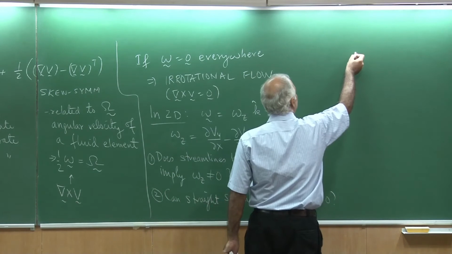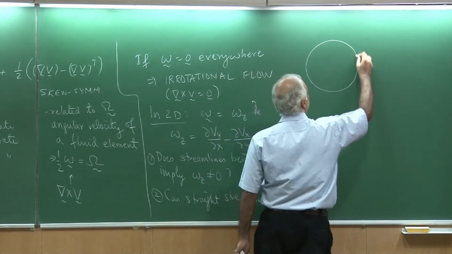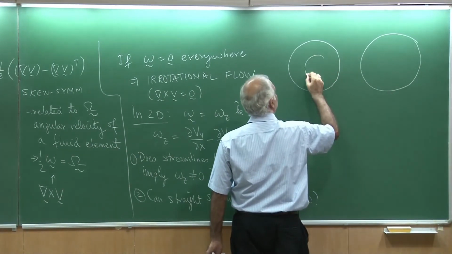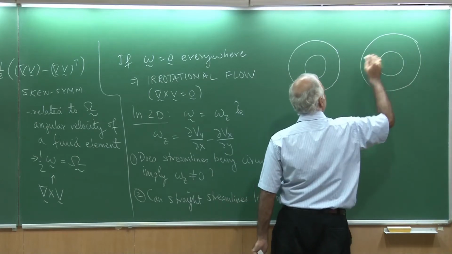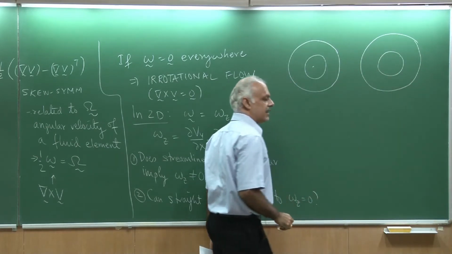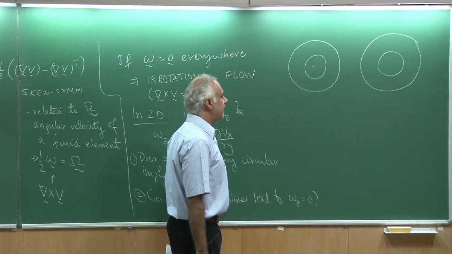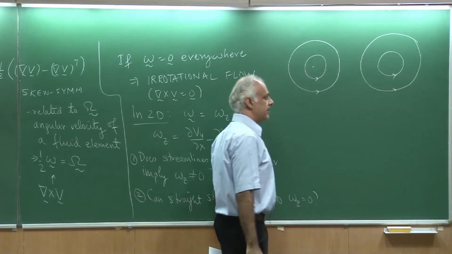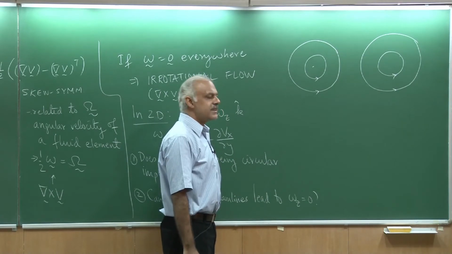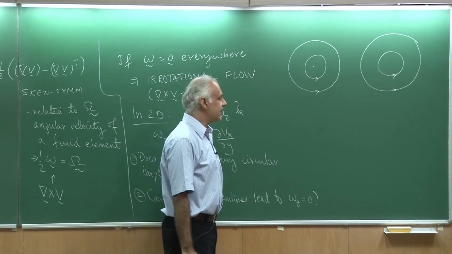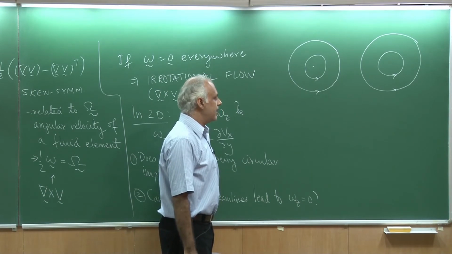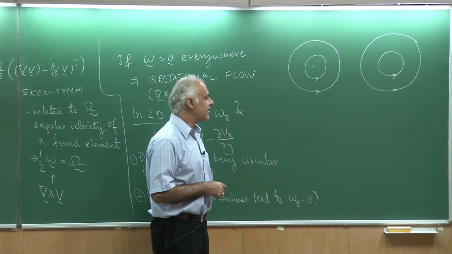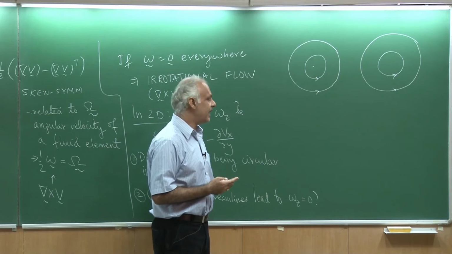So, I will draw two sets of streamlines. So, these are my streamlines, okay, kind of circular, and let us say this is the direction of the flow. For simplicity, let me talk about a steady flow. Okay, so, it does not change with time. Simply by drawing these streamlines, can I conclude that this flow is rotational or irrotational? The answer is no, okay, and as I will illustrate.